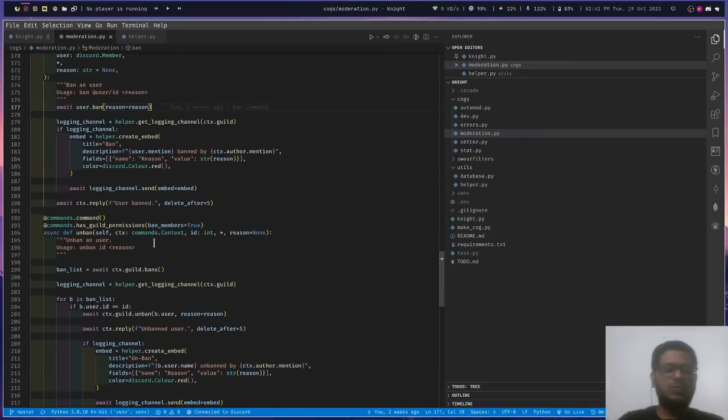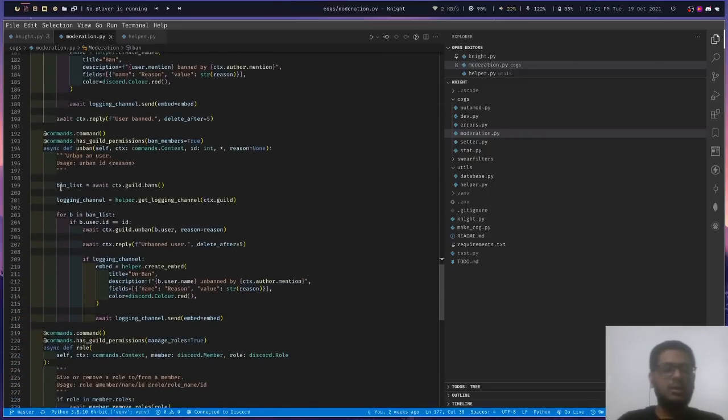And for undoing this, that is the unban command, we need to first fetch the banned list, because we need to check if the user is banned or not. So we will fetch the server's banned list.